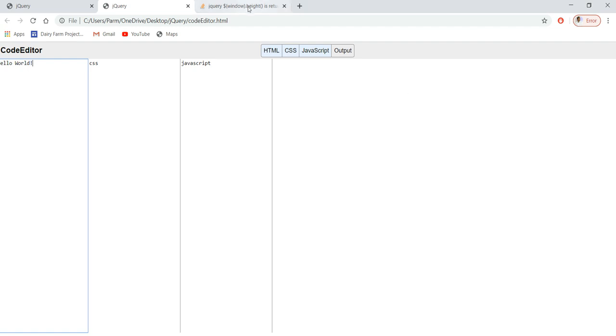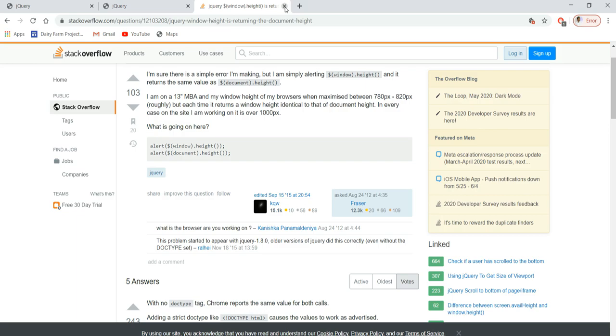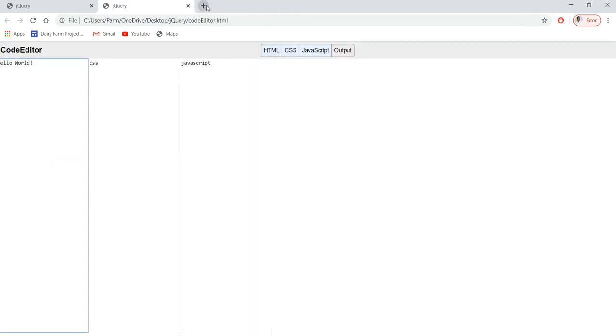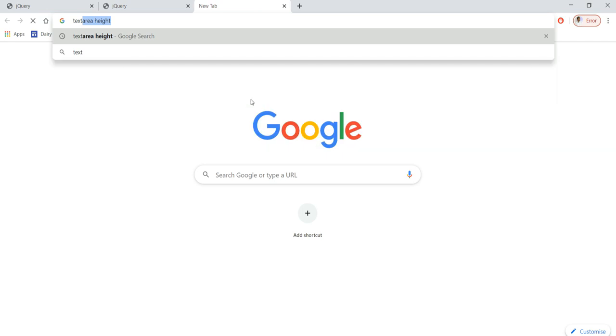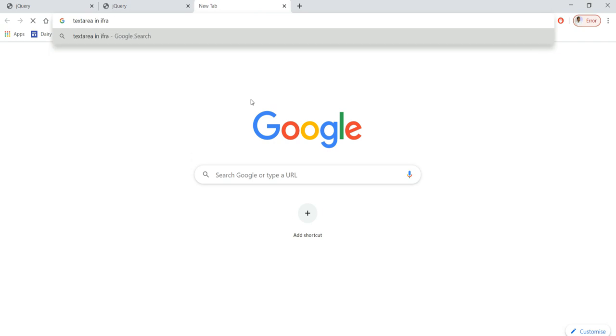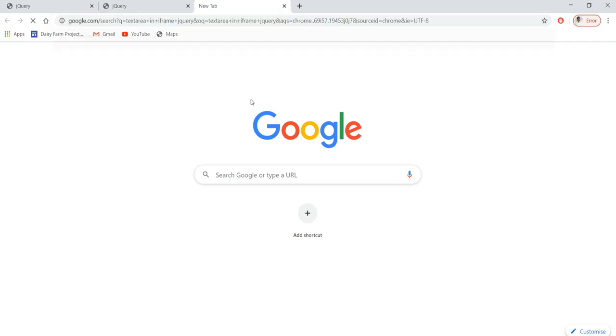For this I will make a search over here: text area to iframe, text area in iframe, something like that, jQuery.